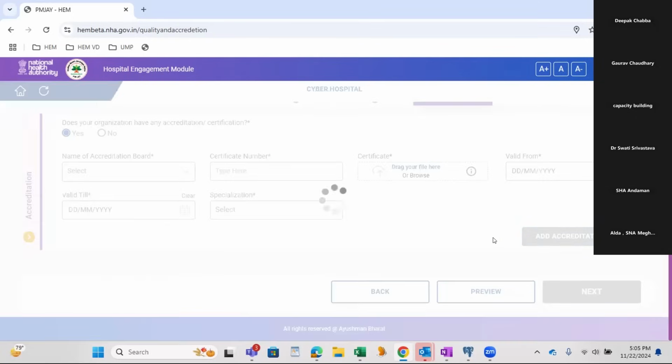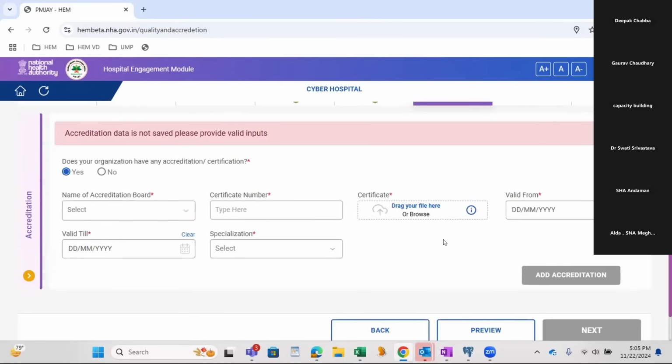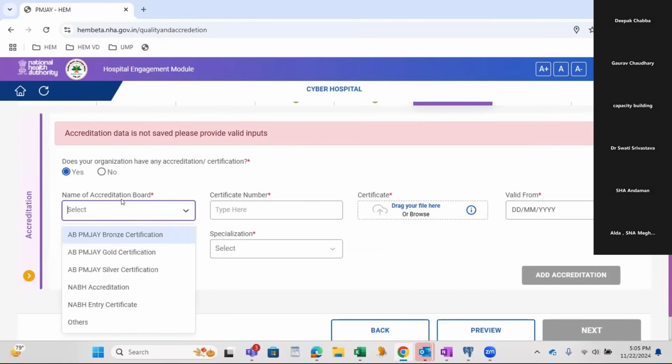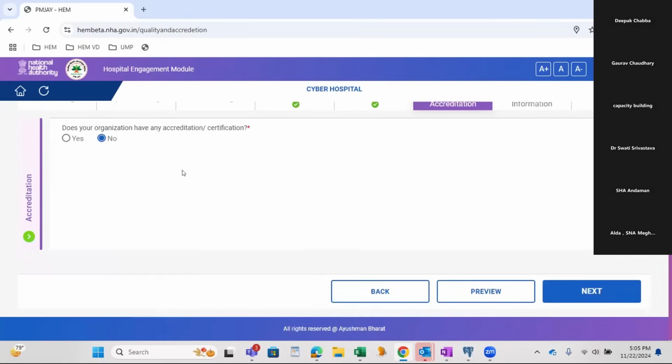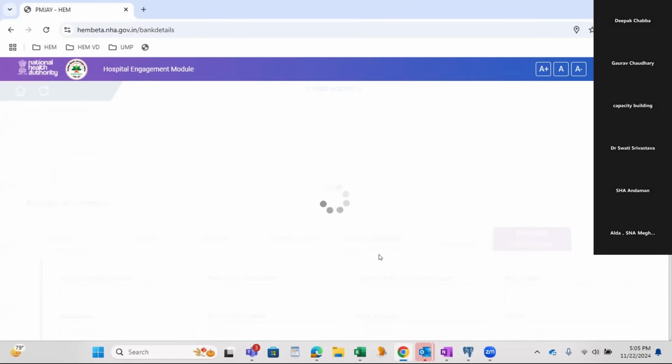Click on add accreditation. Something is missing in the accreditation data, please provide the reports. So this is how we will add these accreditation details also. For now, I'm skipping this. As I have selected no, click on next.